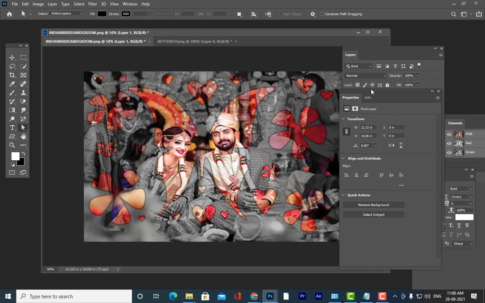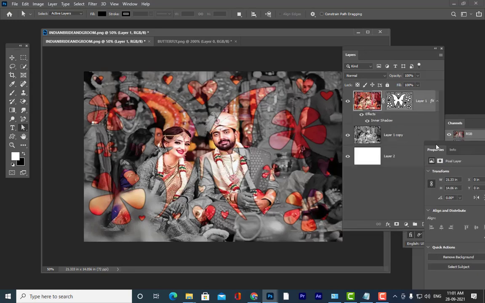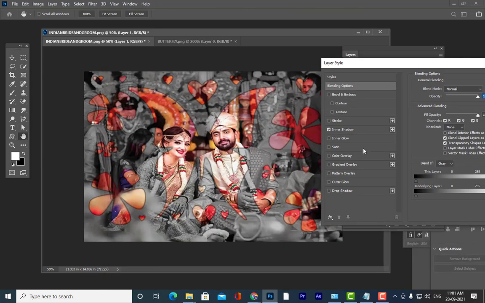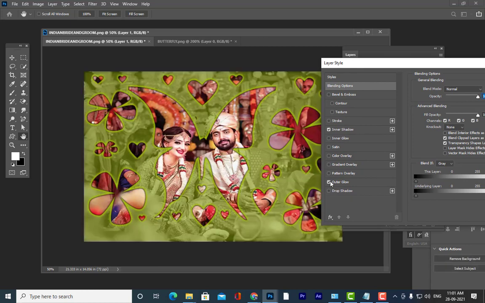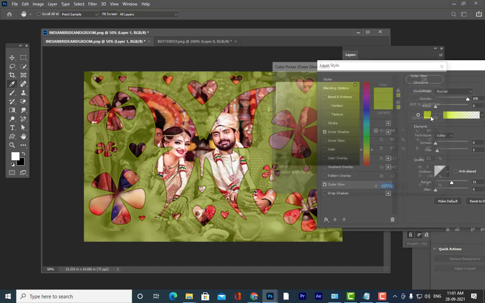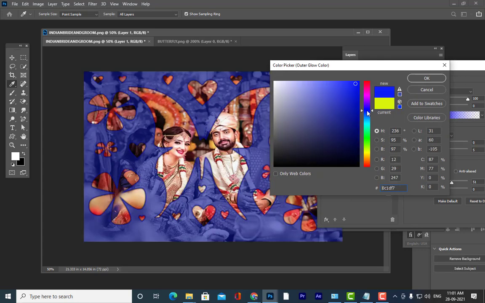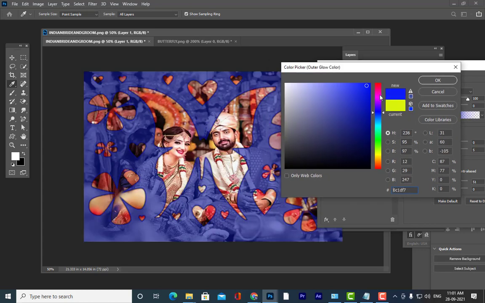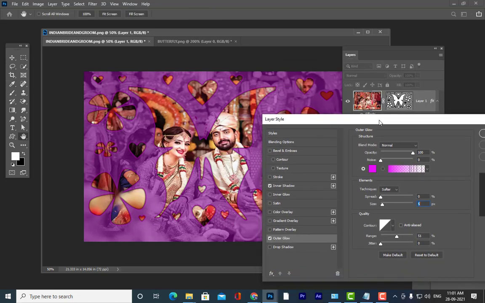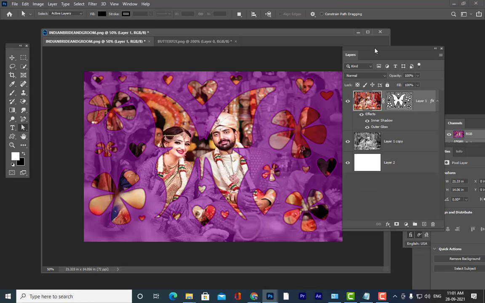And then we can also try these things. Outer glows also. See how many combinations we are using here. Blue, pink, so many colors, magentas.